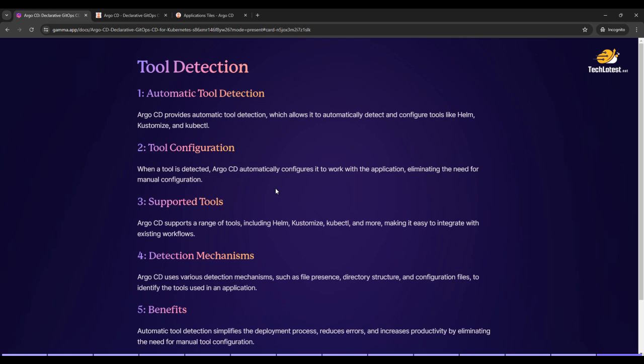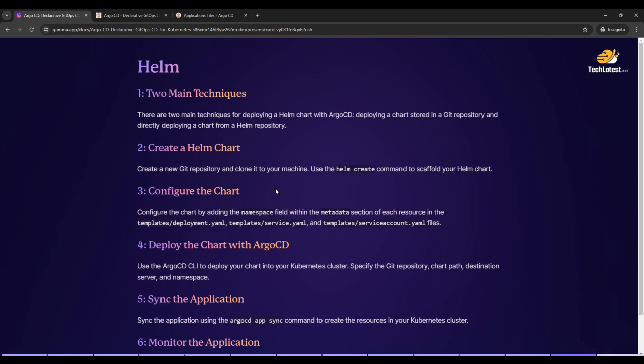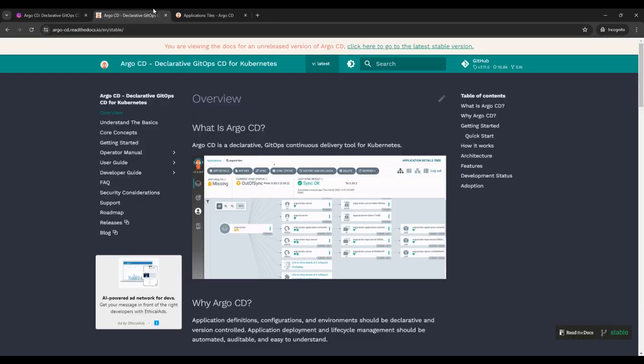This is your first lecture. In this lecture, we'll cover a lot of things like course overview, introduction, and objectives. We will also talk about tools like kubectl and Kustomize. So if you want any help with Argo CD, you can also check the documentation of Argo CD, which is